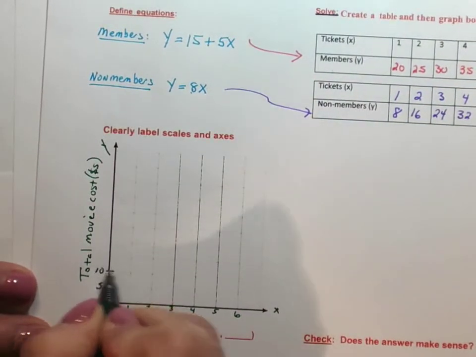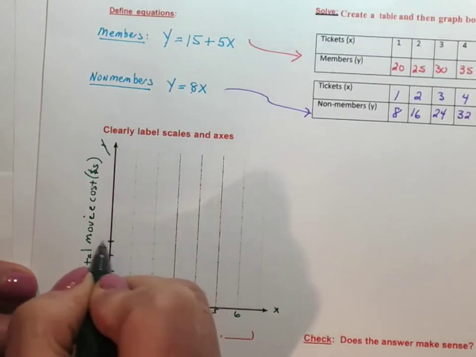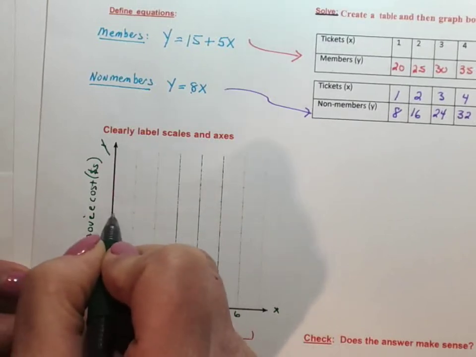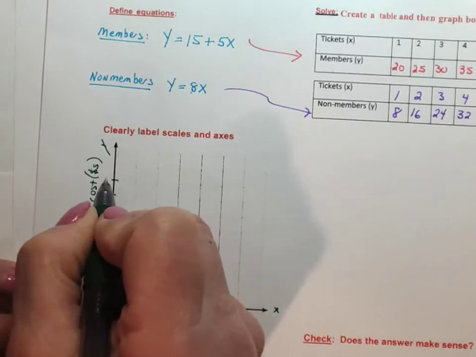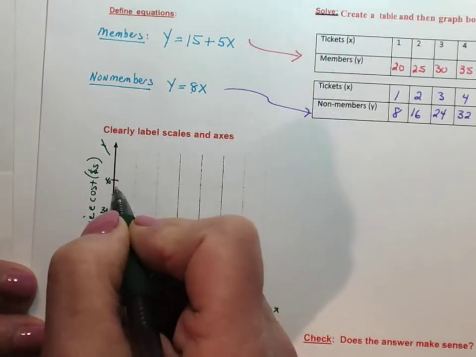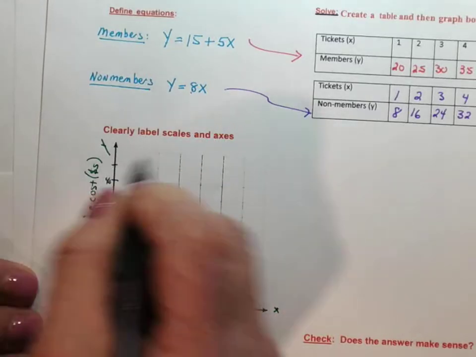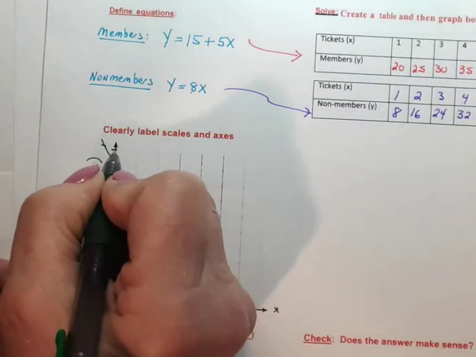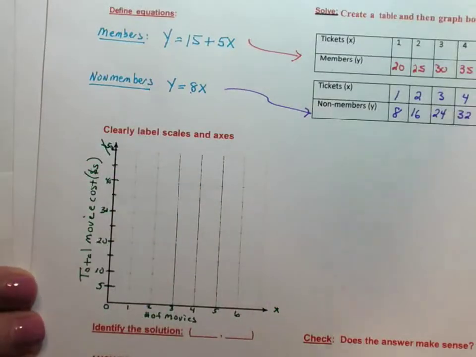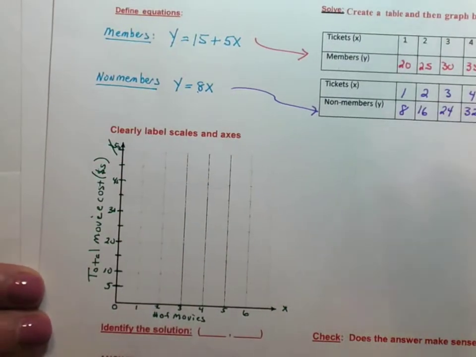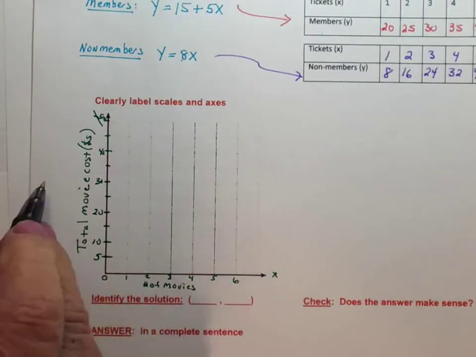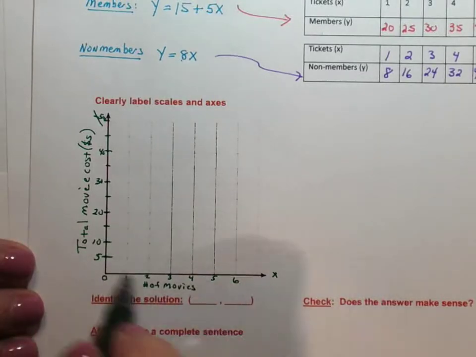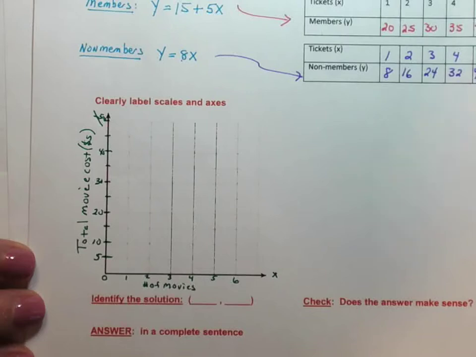So that's going to be 10, 15, 20, 25, 30, 35, 40, 45, and it does go up to 50. Okay. So notice that I've clearly defined the axes, clearly shown the scales, and now I'm going to take